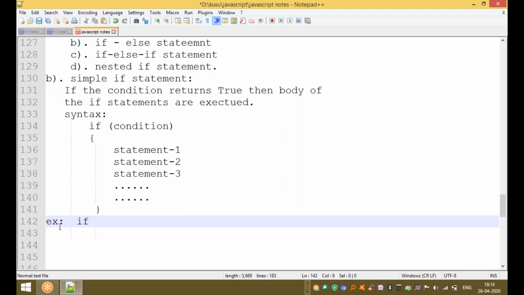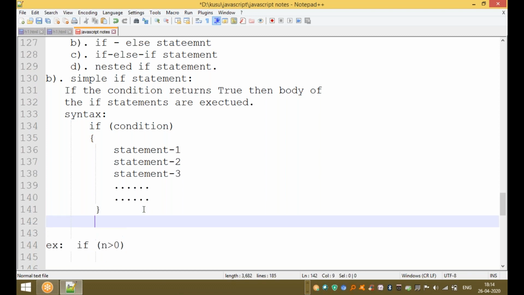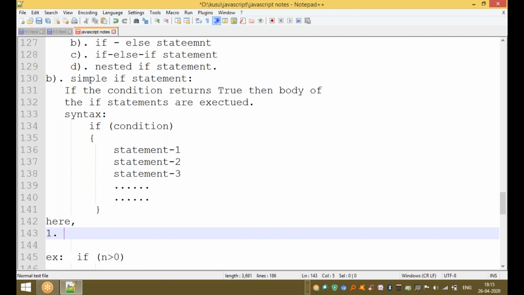For example, if n is greater than 0, n greater than 0 is a condition. Here in this syntax, if is a keyword.